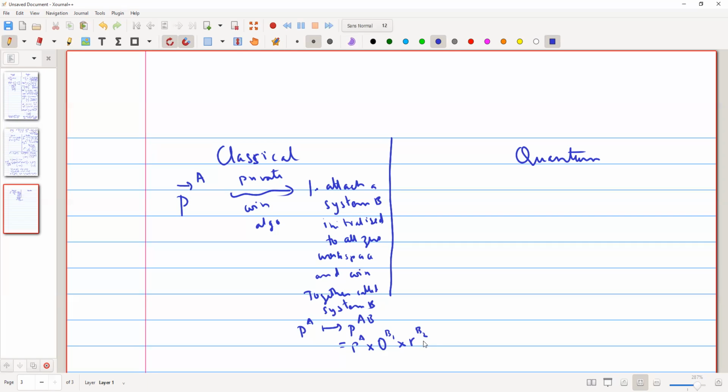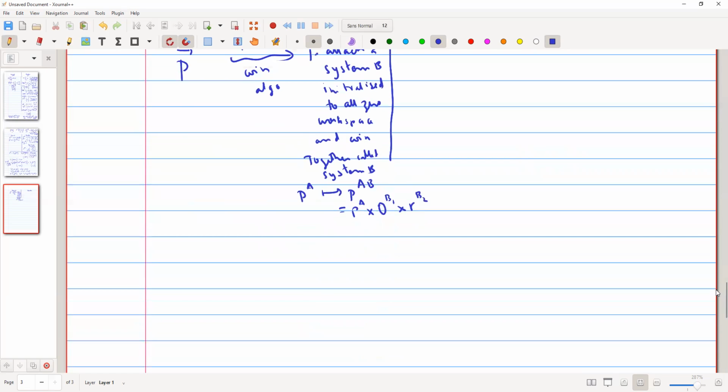Yeah. So now we are going to draw on that memory. And now step 2 was apply a reversible deterministic algorithm on AB. So reversible means the